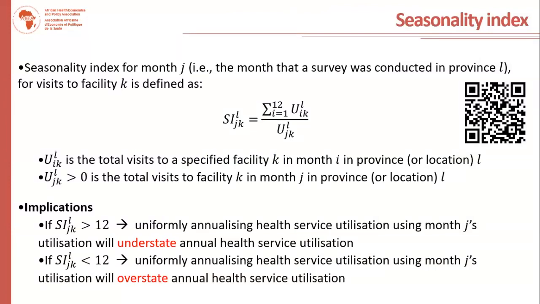So you already have annual utilization. So what you need to do is, what month did you conduct that survey? That month is the one that is at the bottom. Then the top is basically the summation of all the utilization from January to December or whatever. That's the top. So what you're trying to figure out is the index will give you how you can annualize your utilization such that it reflects the annual distribution, so that when you compute inequality index, you are computing a